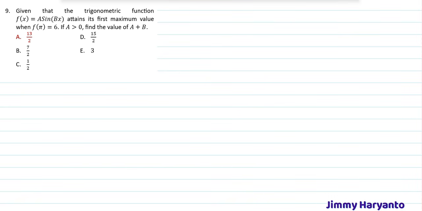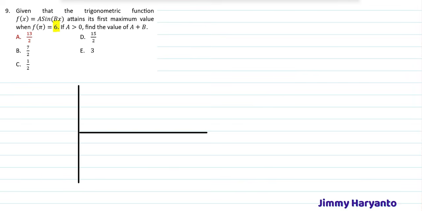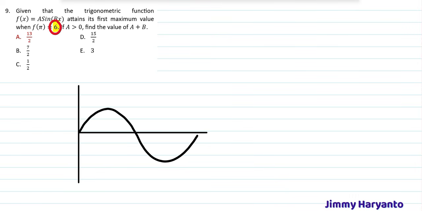Okay, we will start from this one first. If we draw it a little bit, the shape will be like this. That is sine without translation, so it will be like this. And the value of the maximum is 6, it says. So this one is 6, this one is -6. That means the amplitude will be 6, and the amplitude will be the value of A. So A equals 6, like that.